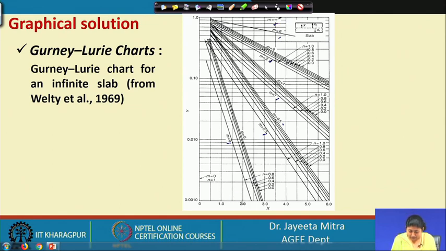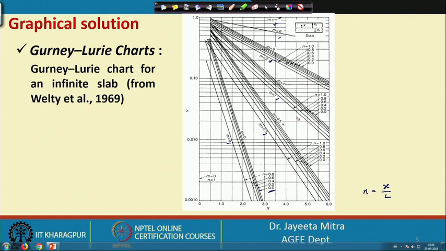However, the parameter n is varying from 0. We have seen that n is equal to x by L. So, x is the distance from the center. So, n equal to 0 means this is at the center, then gradually it is coming to the surface. So, 0.2, 0.4, 0.6 and 0.8, and n equal to 1 where m equal to 0, that is signified by this line, the ordinate.